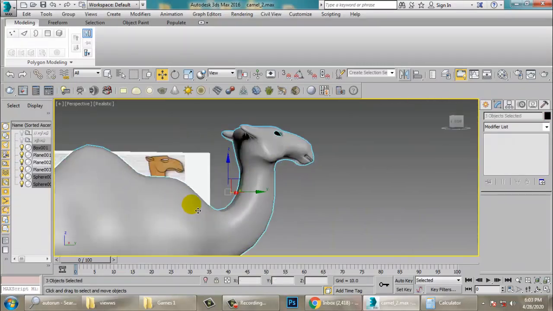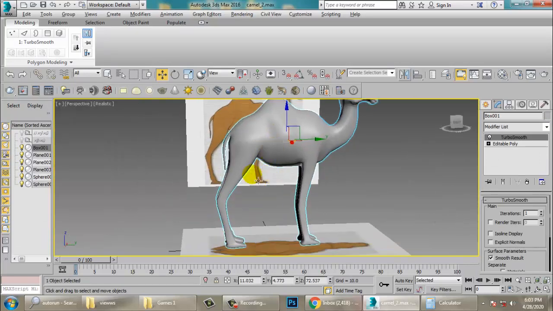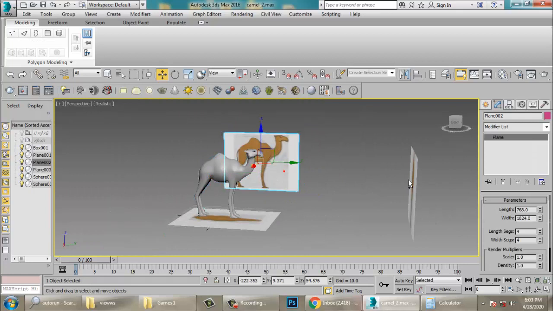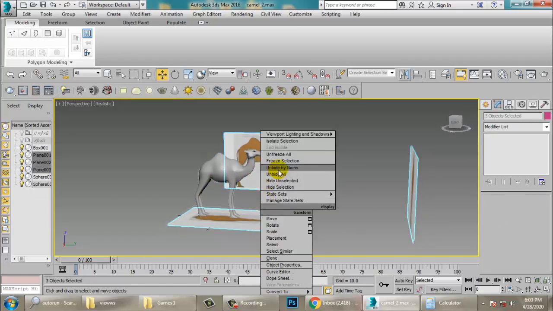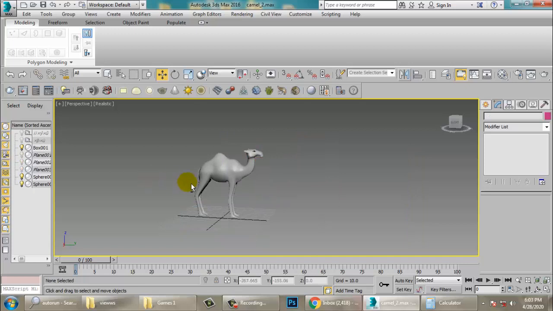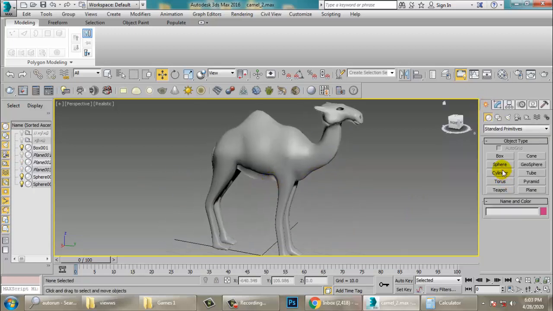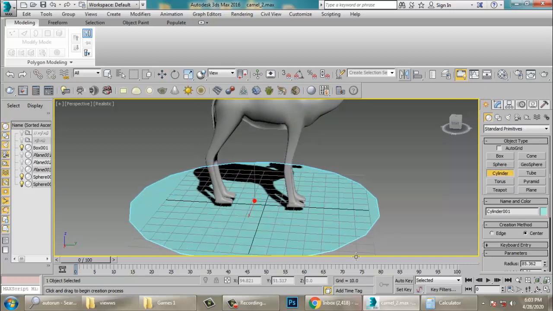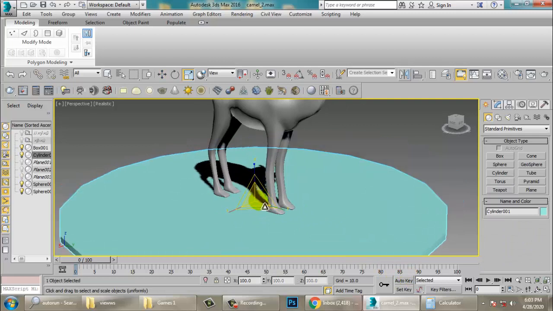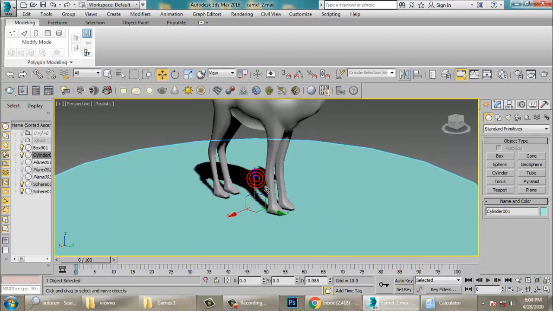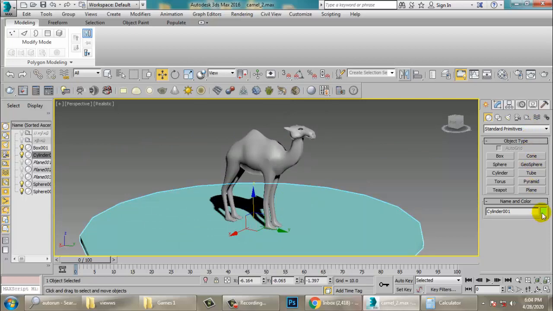Alright, so you can just right click and hide the selection over here, and you can just make a cylinder at the bottom over here. Just give a color to it.